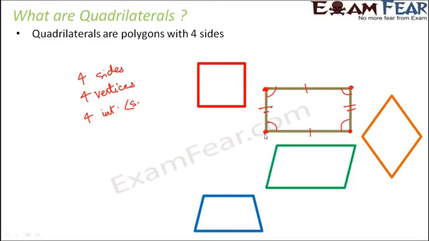Now in certain quadrilaterals, all the internal angles might be equal. In certain quadrilaterals, two internal angles would be equal. In some of them, none of them would be equal. Right? Similarly, in some of them the sides might be parallel, in some sides will be not parallel, in some sides will be equal, in some sides will be unequal. In some angles will be equal, in some angles will be unequal. So basically, depending on these kind of parameters, we would see that there exist many different types of quadrilaterals.